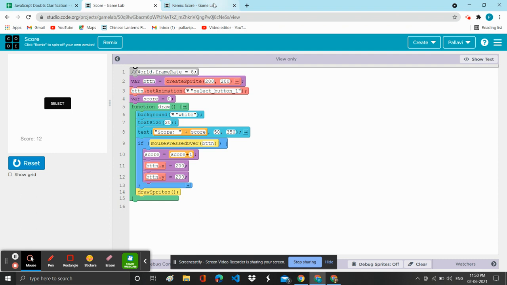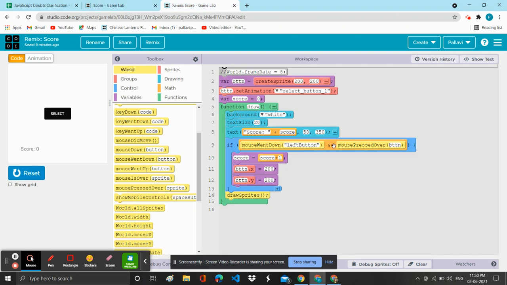Now, to avoid that, I have used a logic statement with two conditions combined using the logical AND operator. Here I'm checking whether the mouse has gone down, specifically the left button, because most of the times when we do the mouse click, we press the left button of the mouse.